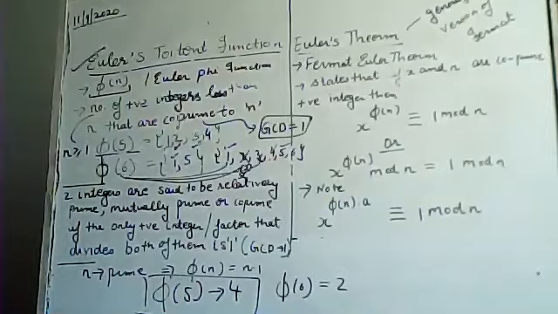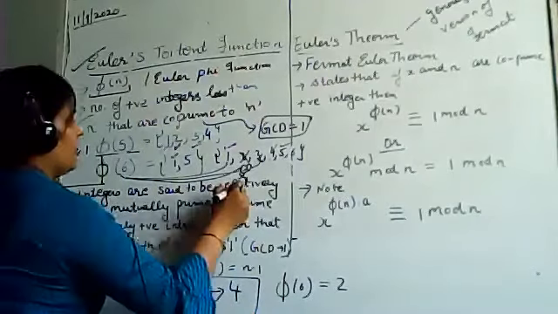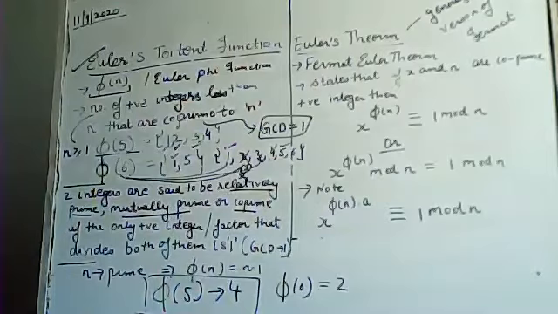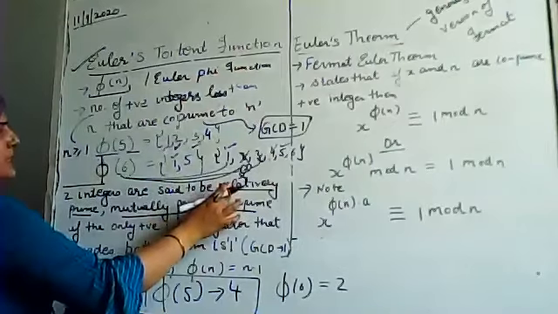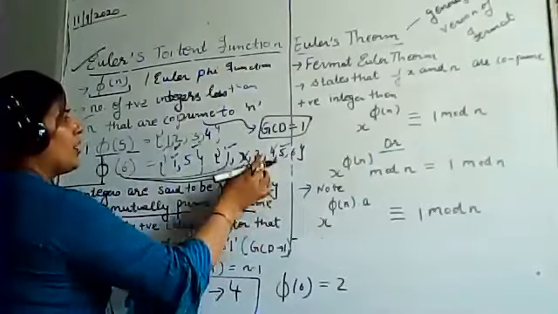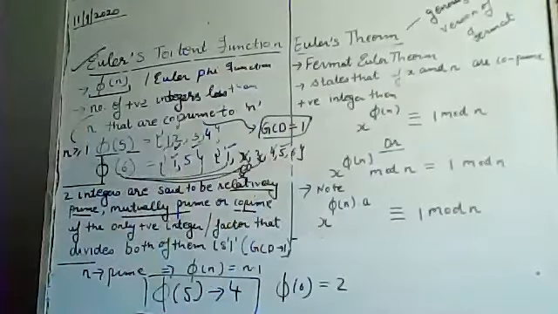Next, you need to remember one thing: if two integers are said to be relatively prime, mutually prime, or co-prime, all these 3 terms can be used interchangeably. Either we use the word co-prime, or we use the term relatively prime, or the term mutually prime. Clear? So don't get confused. You can also be asked what is relatively prime. That is the same as co-prime. And what is co-prime? It is where the GCD, the greatest common divisor, is 1.